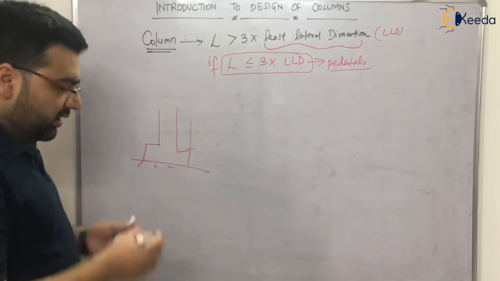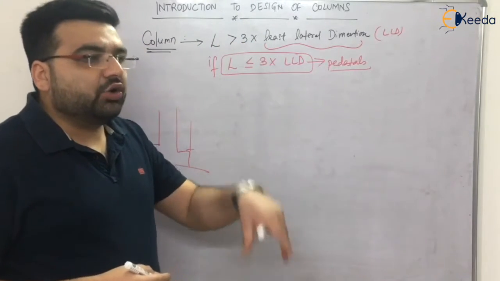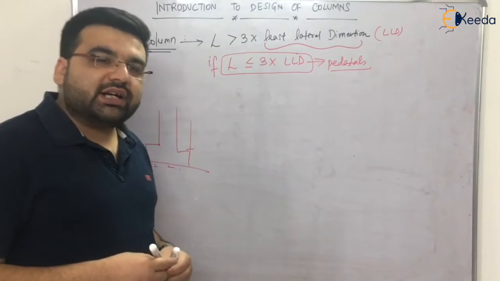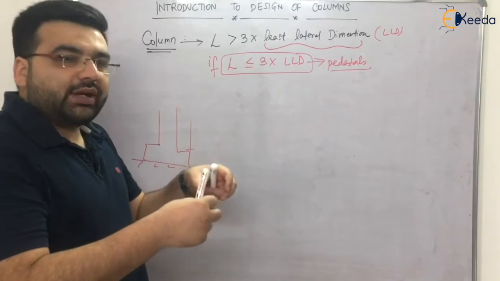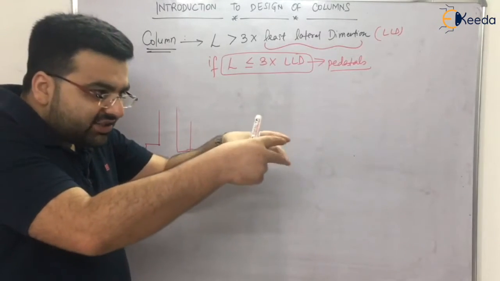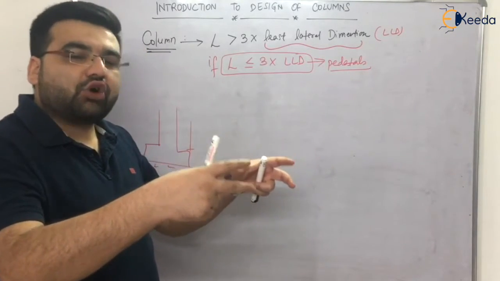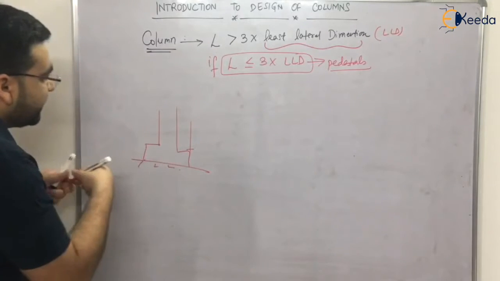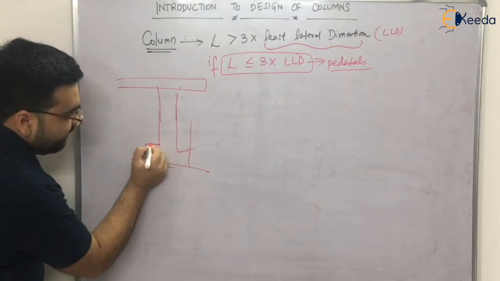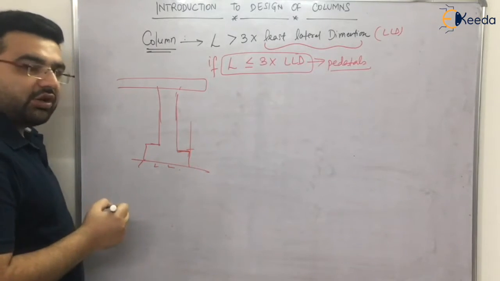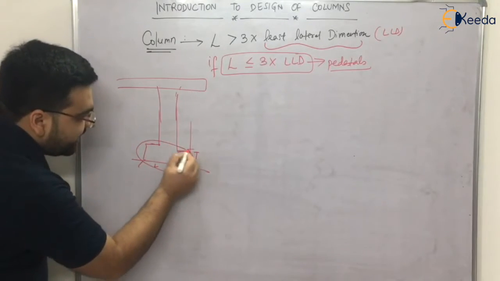So what is a pedestal? For your kind information, a column does not directly transfer load to the foundation level. You must have seen there is a column, and at the base of the column, a stair type of thing, whose dimensions are greater than that of the column. These are known as pedestals. For example, in this figure I drew a slab, and this was your column. This dimension is greater than the dimension of the column, but the length is very small. So these types of structures are known as pedestals.